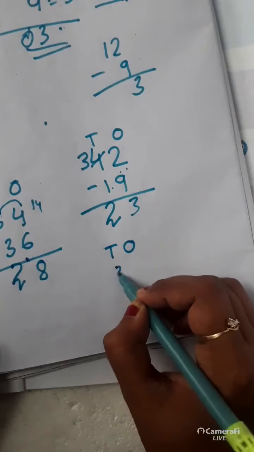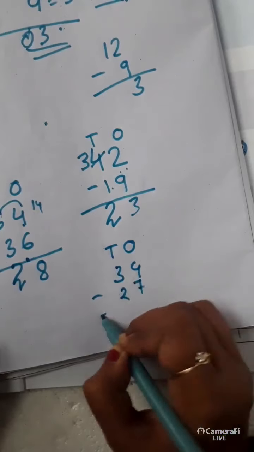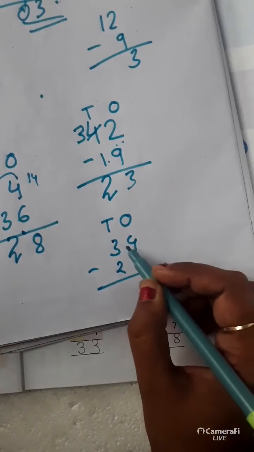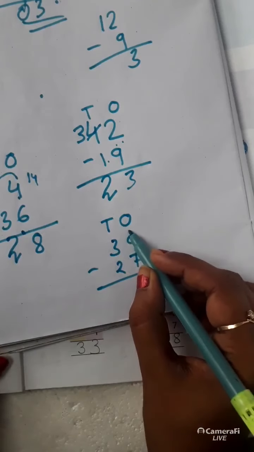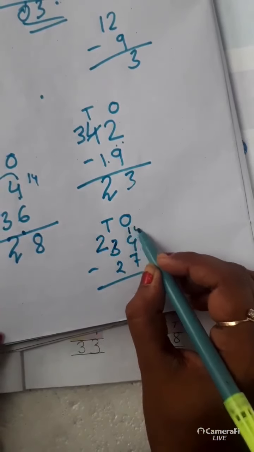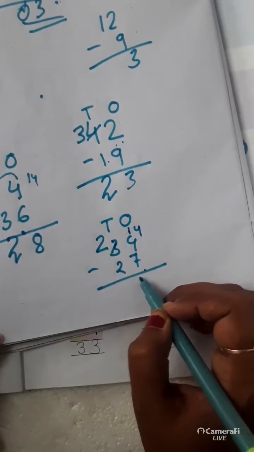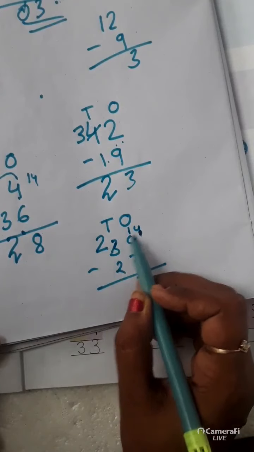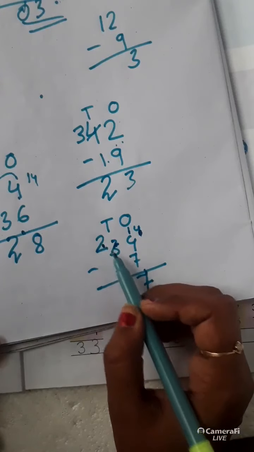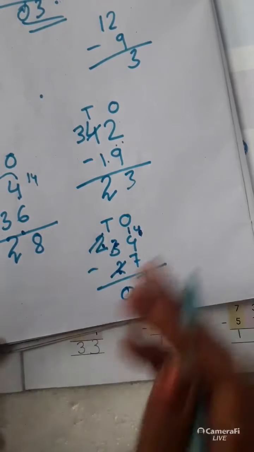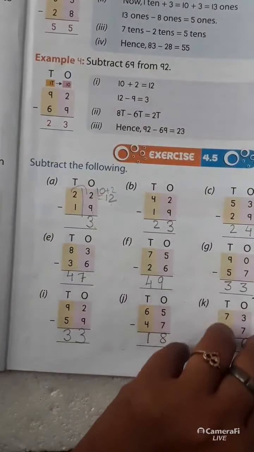Now next one, 34 minus 27. Here also minuend is smaller than the subtrahend, so I have borrowed 10 from this tens place, and here then tens place 3 will be 2. So 4 will be 14. 14 minus 7 is 7 itself, and as I have borrowed 10 from this tens place, so here 3 will be 2 means 20, and here 2 means 20. So 2 cut, it means left with 0. This is the process. Okay, like the same way you have to do all this exercise.